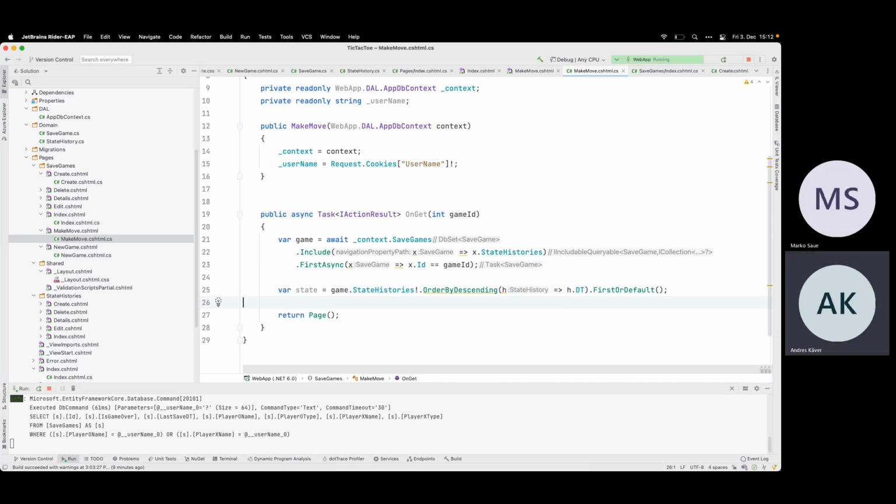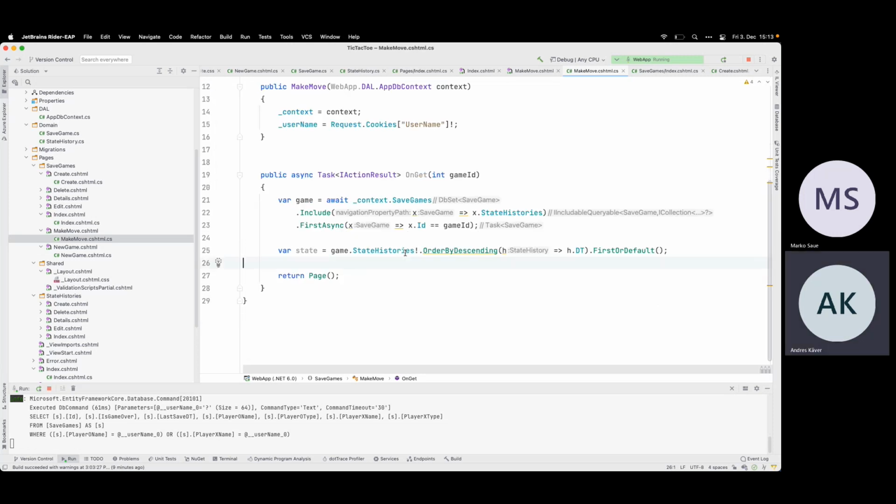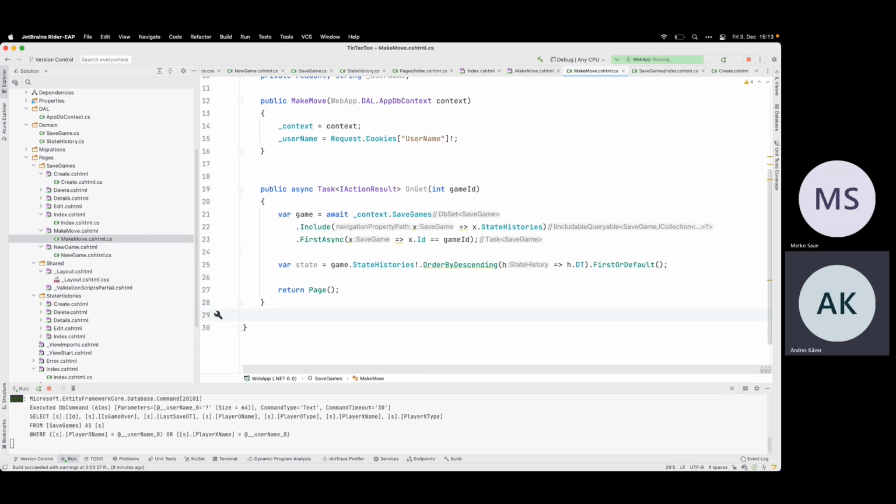Basically, I need now to draw a board, I think. I need to draw a board, 9 by 9 squares, like a table, draw it out, and then when the user clicks on it somewhere, this is the place where to make the move. And the other option is if I'm the computer, then I need to skip the drawing part because the move is already made. I can make a random choice and put it somewhere and basically jump over to the on post immediately and say that hey, the move is made and now the other player has to make it.